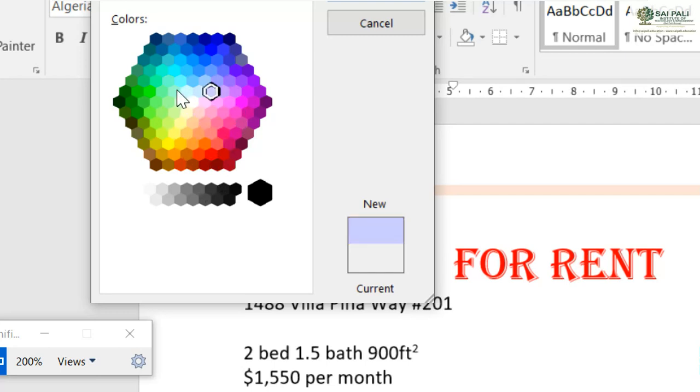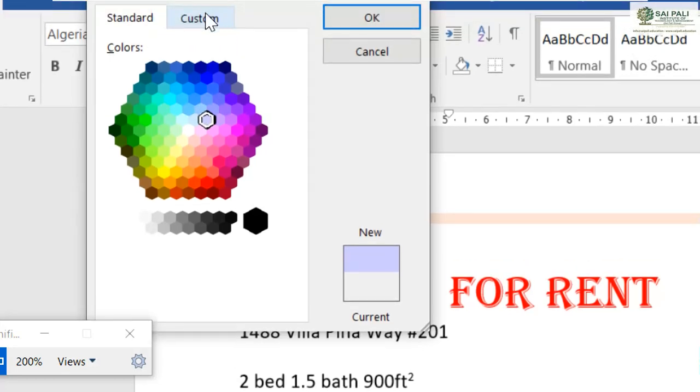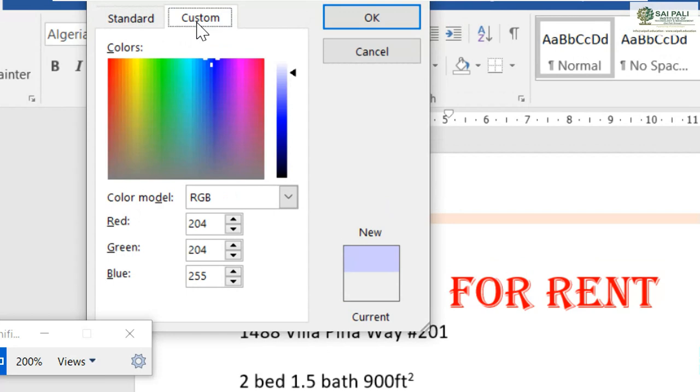Or even you can go for a custom color. This is standard colors, and this is custom color. Here you can make your own color. You can see this is the option marker.